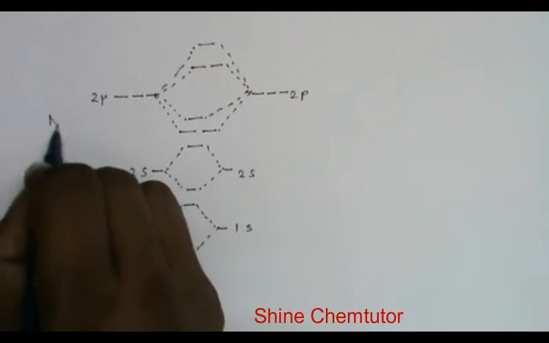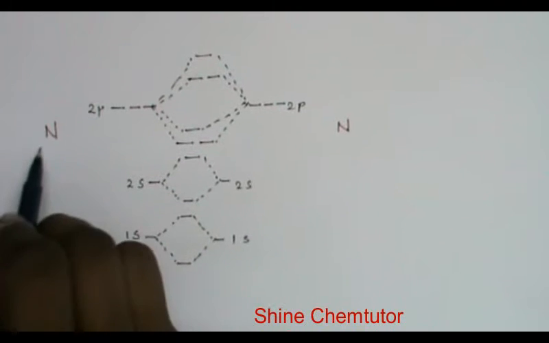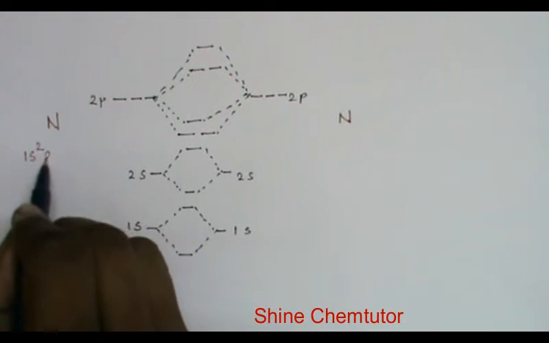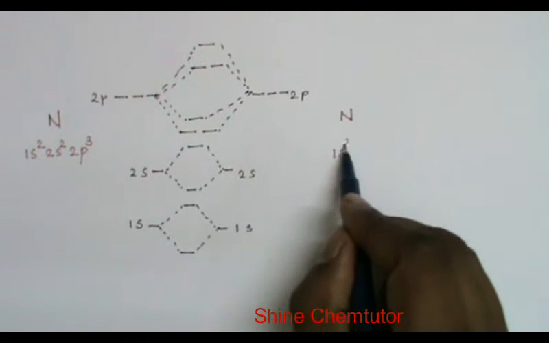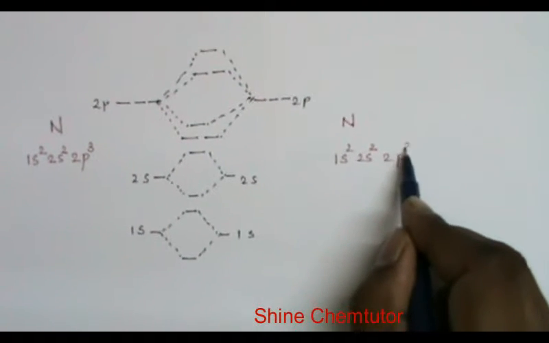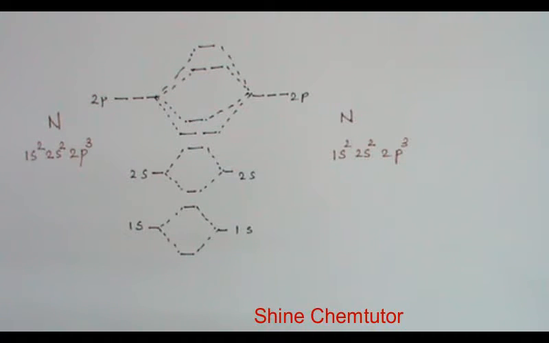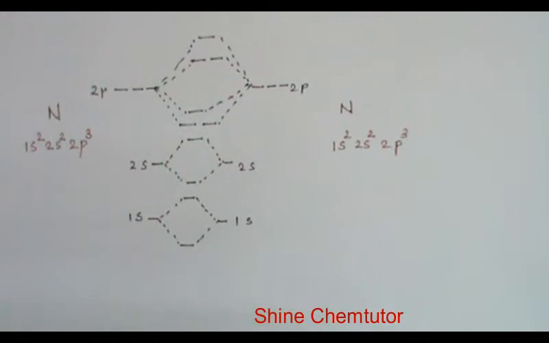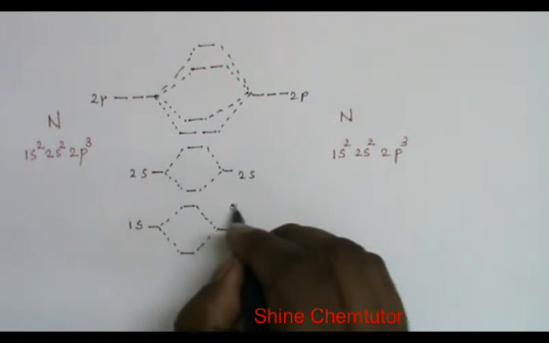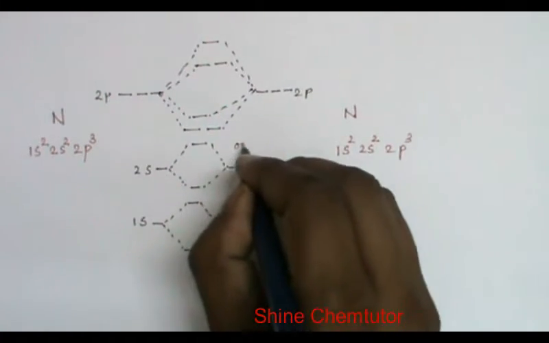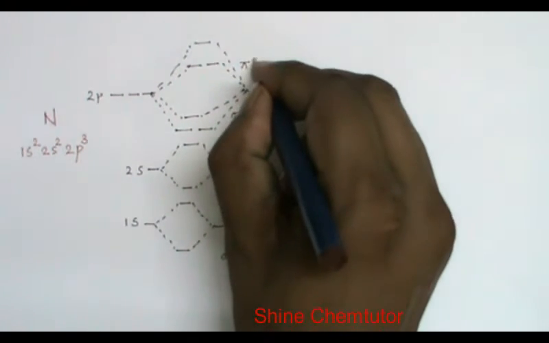To predict the bond order, you have to go for the electronic configuration and the molecular orbital diagram. Here, I have given the molecular orbital for nitrogen molecule. The electronic configuration for nitrogen is given like this: 1s2, 2s2, 2p3. Similarly, for this, we have 1s2, 2s2, 2p3. They undergo linear combination to give the molecular orbitals. So whatever you see here, basically they are molecular orbitals. This is sigma, sigma star, sigma, sigma star. This one pi, but here it is sigma. Once again we get pi star and sigma star.